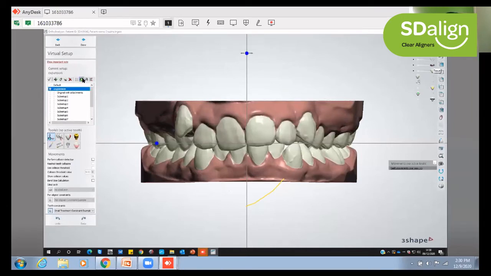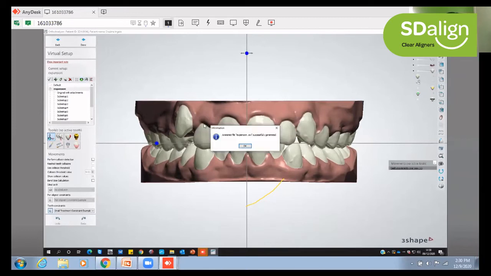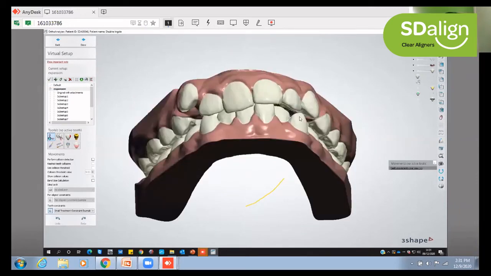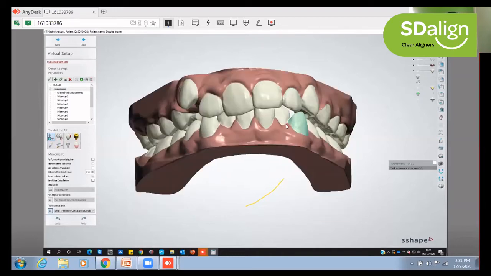So as you can see now, premolar area, you can see slowly coming forward, the upper and lower. And here also we can stage the lower first, then the upper if there is any kind of crossbite. So let's say you have a 3-5 or upper 1-4 in crossbite. So first we can hold the lower tooth, expand the upper arch, then correct the crossbite, and then move the lower tooth. So we can also play with the sequencing according to the case required. As you can see, this 1-2 is also very much in 2-2 is also very much in H2H bite with lower canine. So that also we can sequence it.